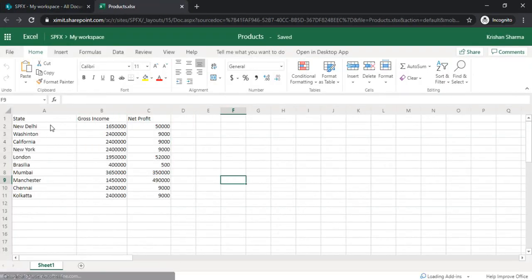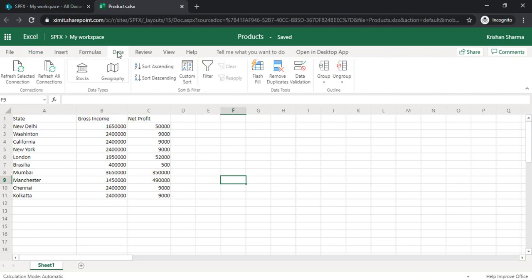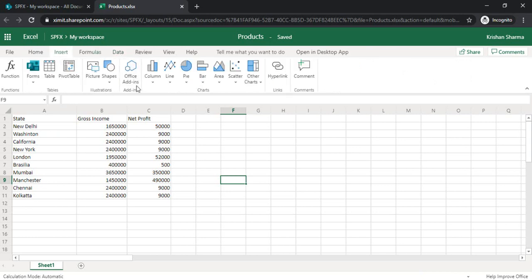It's a very common scenario that you would like to visualize that in chart format, but a chart doesn't give that sort of flexibility. I mean, like showing the data in an overlay fashion. So that's why we can use one add-in, that is Bing Map. To add the Bing Map add-in, you need to go to the Insert tab, and under Office add-ins you have to click on it.